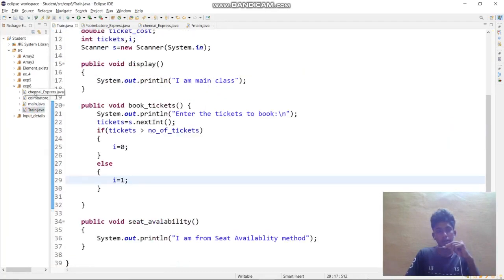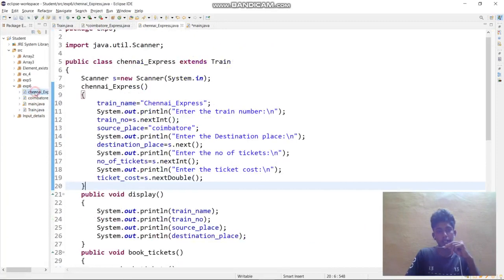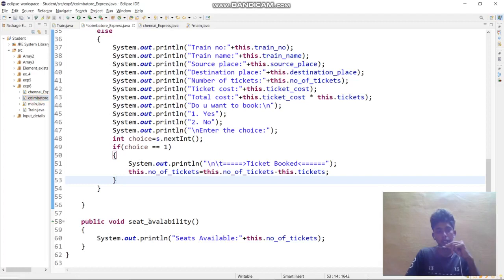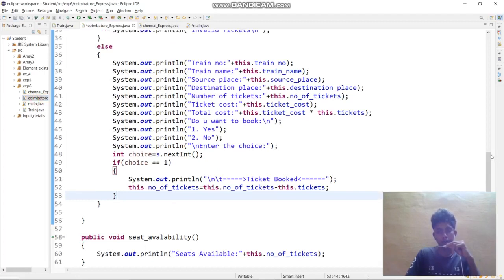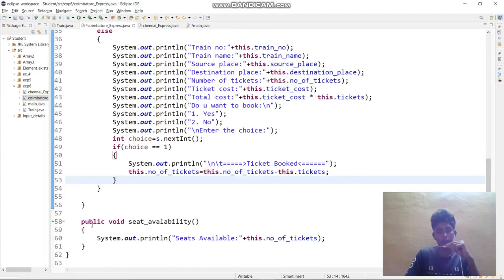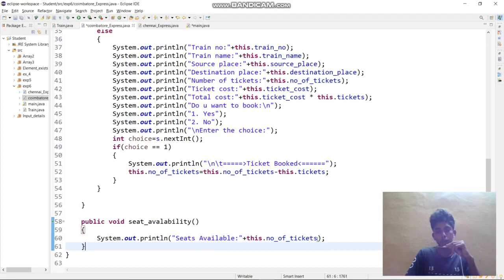So seat availability, according to the object, that is Coimbatore Express, the Coimbatore Express seat availability will be printed, that is seats available: this dot number of tickets, that is the number of tickets at this particular index, for the particular train.